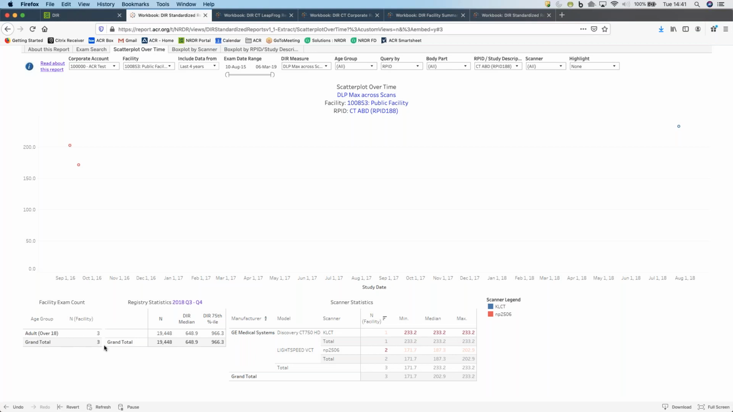So we can see there's a total of 3 exams. The registry statistics for this exam, we've got 19,448 observations with a median value of 648.9, 75th percentile, 966. When we've got a single RPID like this, we can actually begin to do some comparisons, and there's a